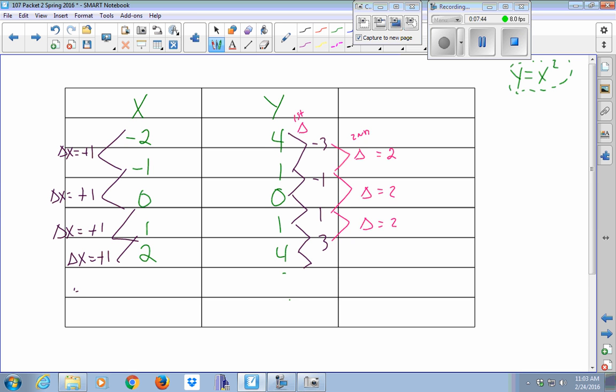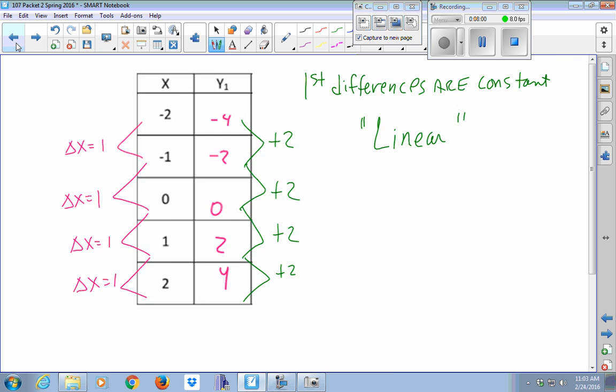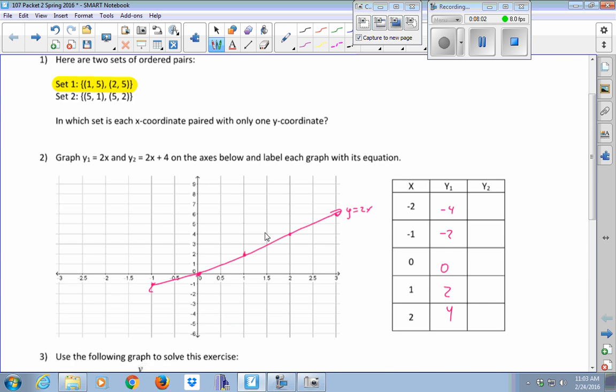Okay? What would you suspect if I did y to the third power? How many times would I have to go out to see a constant? 3. Okay? So that's just a little added feature since we have a little extra time today. All right. So the next